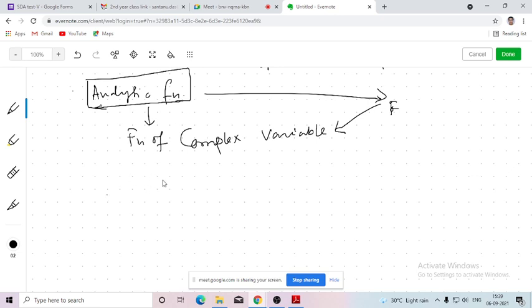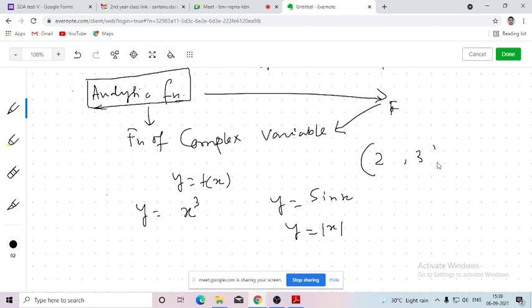Before that, just tell me, if I give you a function, say y equals f of x, more precisely y equals x cube, or y equals sine x, or y equals mod x. These are all functions of one real variable x, and y is the dependent variable with respect to x. If I ask you whether these functions are differentiable in an interval, say 2 comma 3,